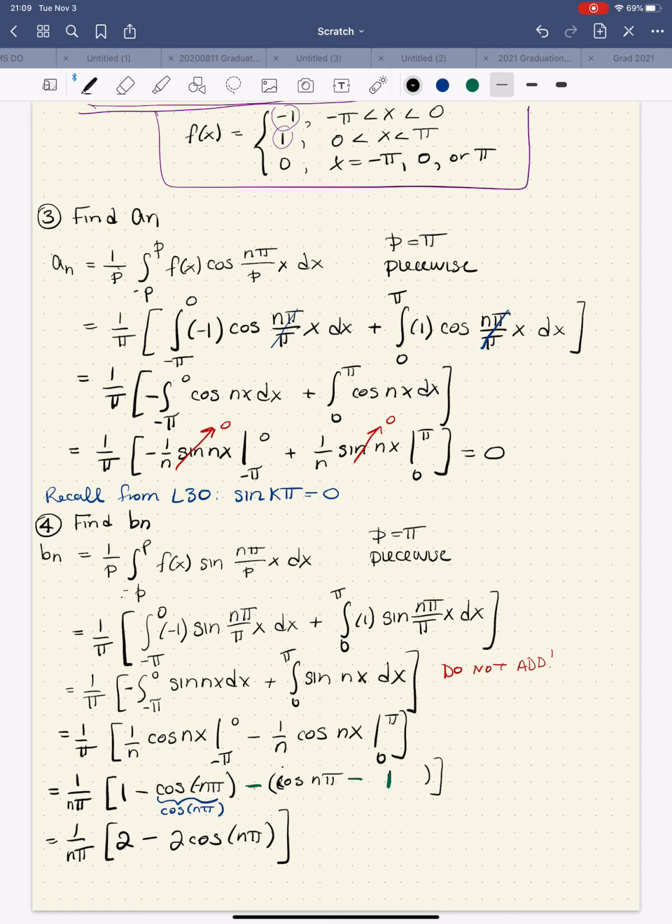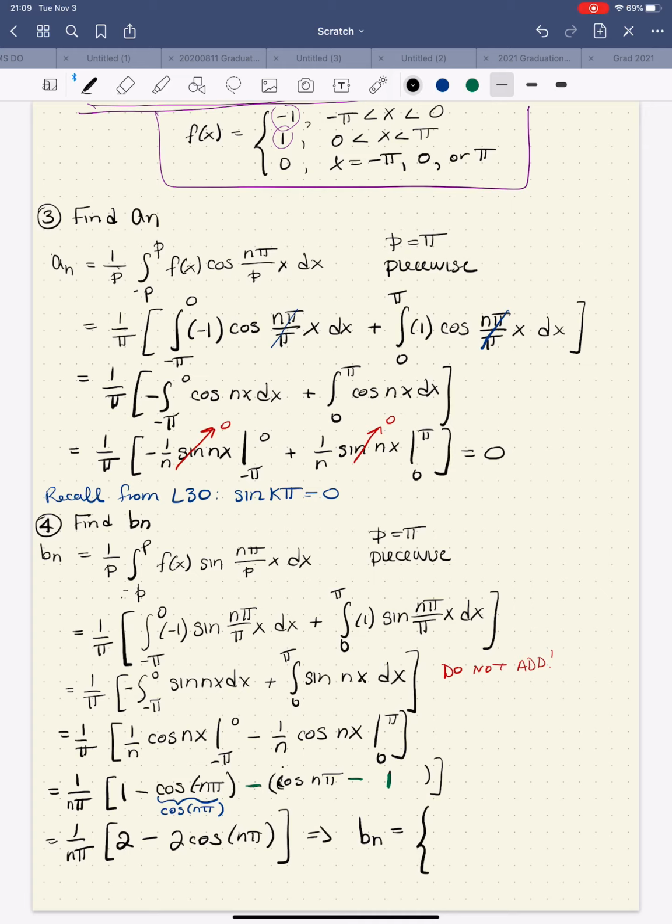Okay, so that's what we've got. And so what we need to do is figure out what this actually equals. So it turns out that, much like the orthogonality discussion in lesson 30, the answer actually depends on if n is odd or even. So b sub n is equal to 2 values. Turns out that if n is even,